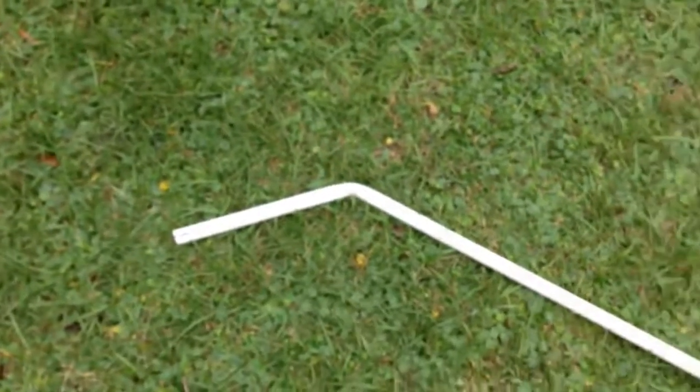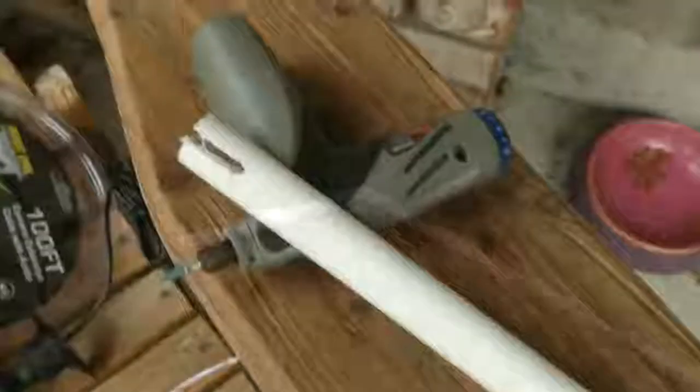I have it bent so it doesn't hit the rafters, so I can climb up in the attic and pull it through the rest of the way. I bent it using the grill on the back porch, just heated up a little bit. I just cut